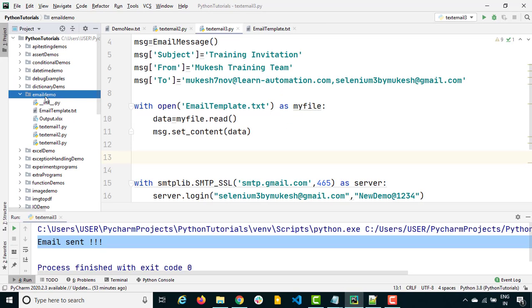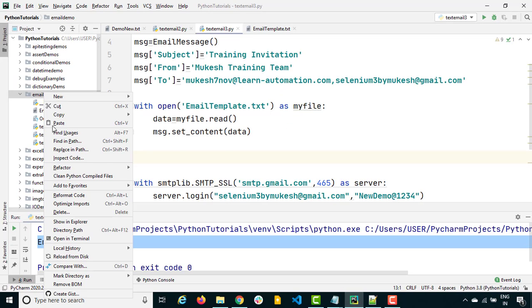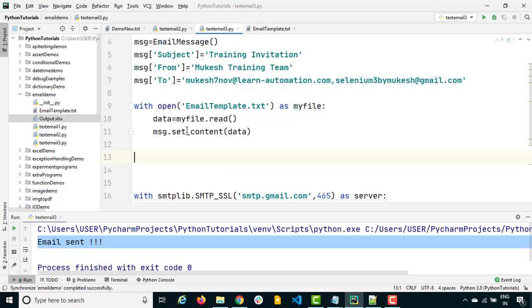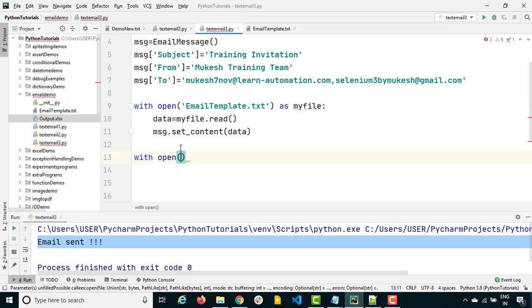So if I come back here, now I can just go ahead and reload from the disk, and you can see we got the output.xlsx file. Now first of all, just like what we did here, we need to open this. So I will first open this, which is nothing but